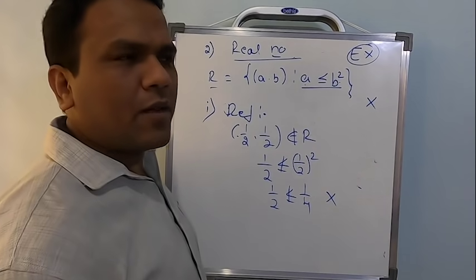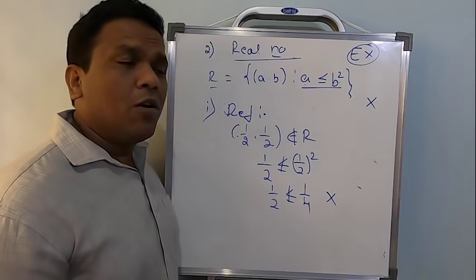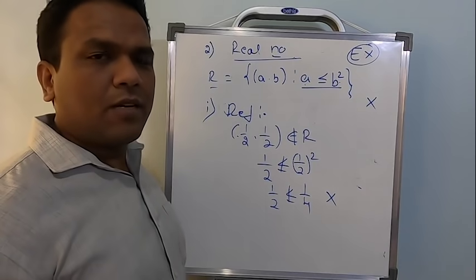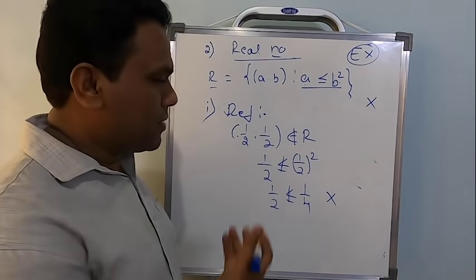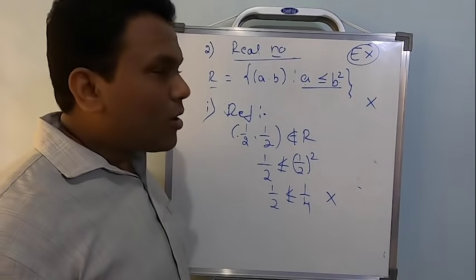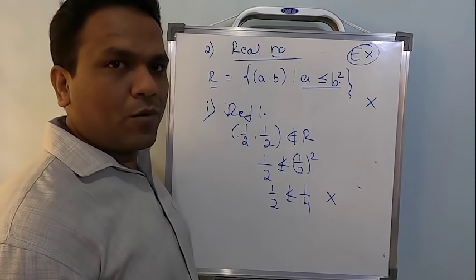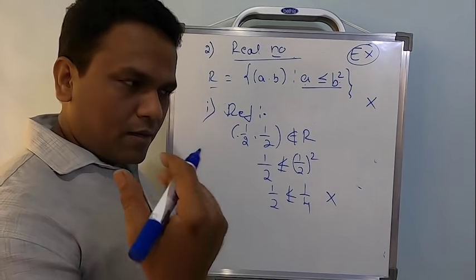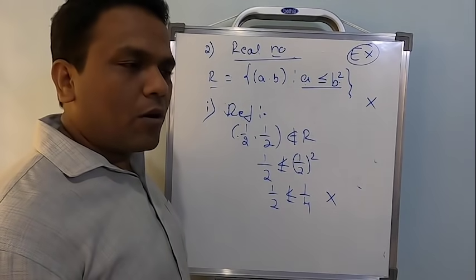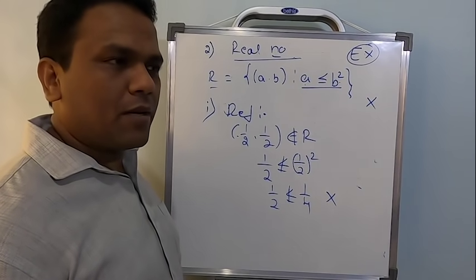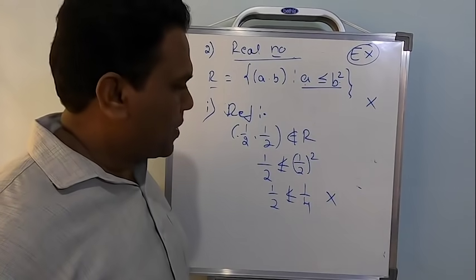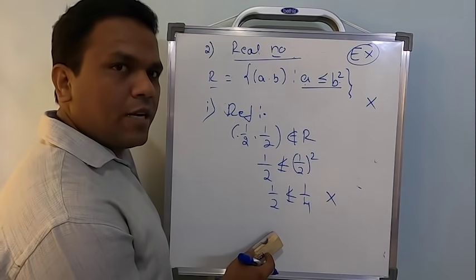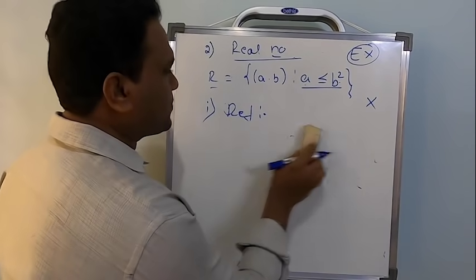Not just 1/2, you can take 1/3, 1/4, 1/5 or minus 1/2, minus 1/3, minus 1/4. Anything you consider, it fails. This is not the only example, remember. On the spot, you have to create such examples. Later on I will tell you about one particular problem, we will discuss this later. Now, this is how it has to be shown. It is not going to be reflexive.